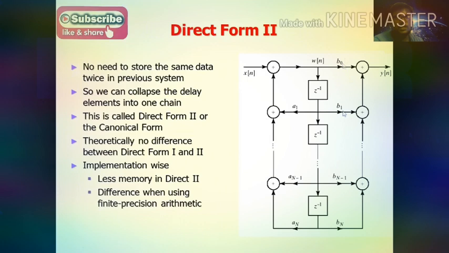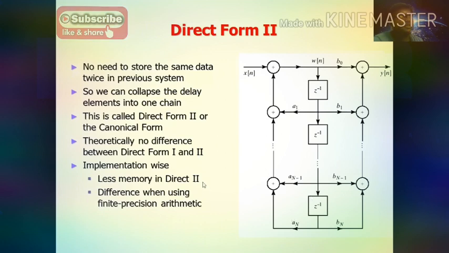This B0, B1, Bn minus 1, Bn is the numerator portion of your system transfer function. Here there is no A0 because it starts from A1 only, 1 minus A1 and so on. This is the denominator term, that is the poles of the system. These poles of the system are represented in terms of the left hand side portion. This is your common delay element. From right to left, you take the positive symbols B1, B2, Bn like this, and on the other side from right to left, A1, A2.